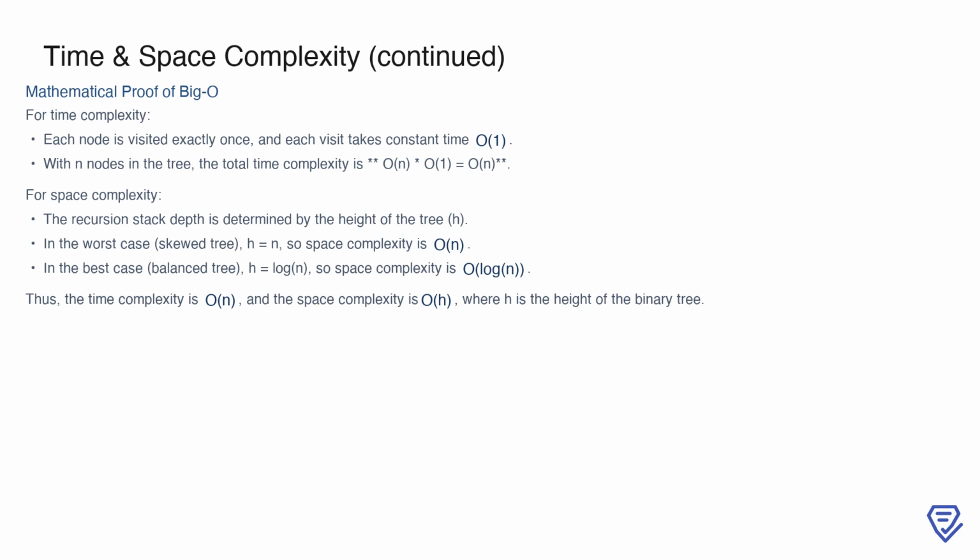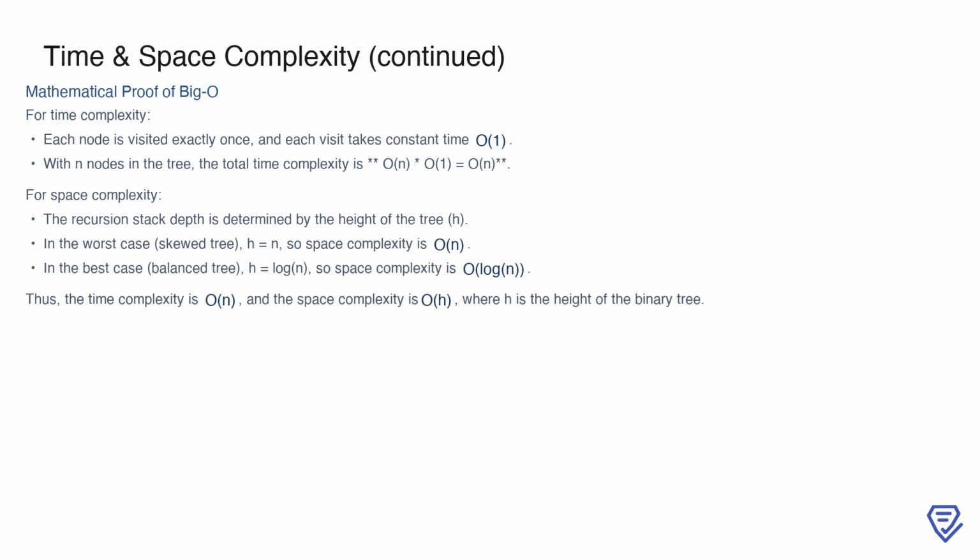For space complexity, the depth of the recursion stack is determined by the height of the tree, h. In the worst-case scenario, where the tree is skewed, the height is equal to n, resulting in a space complexity of O(n). In the best-case scenario, where the tree is perfectly balanced, the height is log n, leading to a space complexity of O(log n). Thus, the overall time complexity is O(n), and the space complexity is O(h), where h represents the height